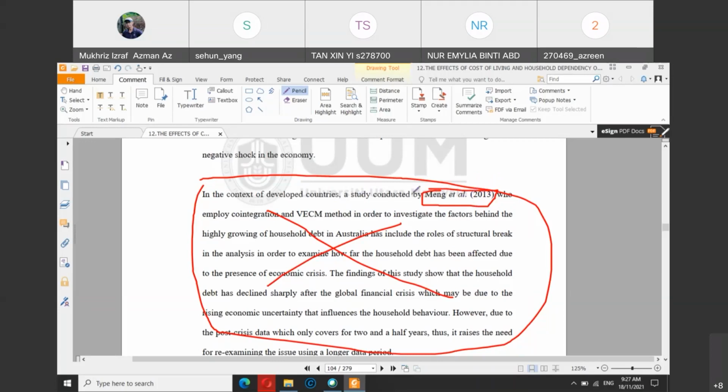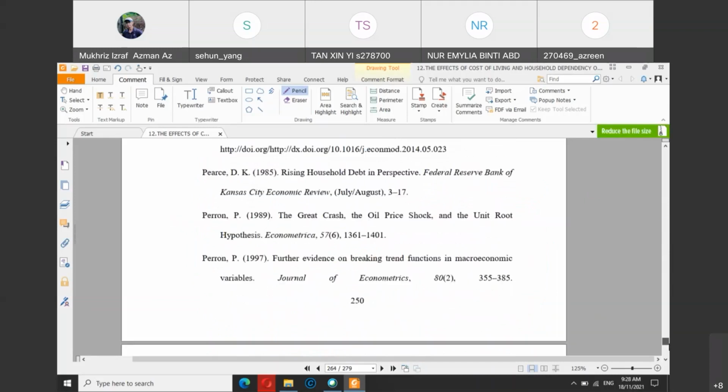It is a very important article that you want to refer to, for example, in terms of the theory, or in terms of the conclusion of your article being similar to the article that you refer to, meaning it gives a very strong support. But the first thing that you need to make sure is that if you cite any article, it must appear in your references, and also pay attention to the year.